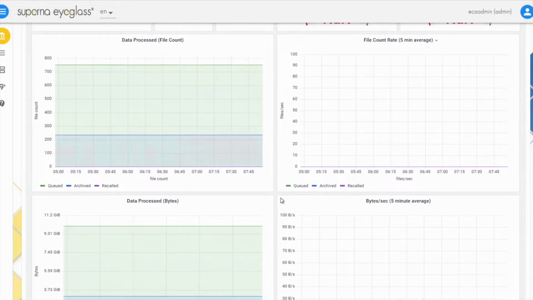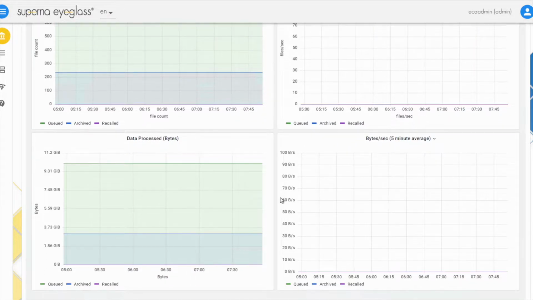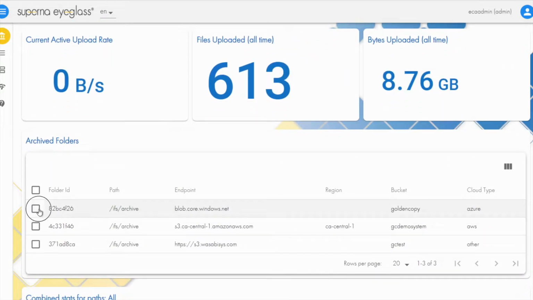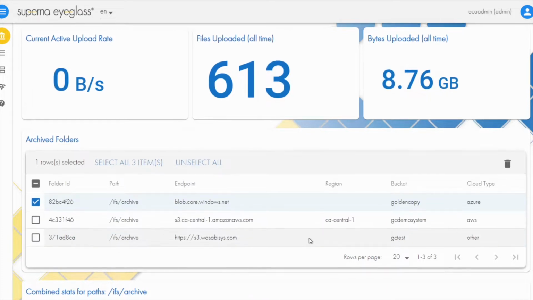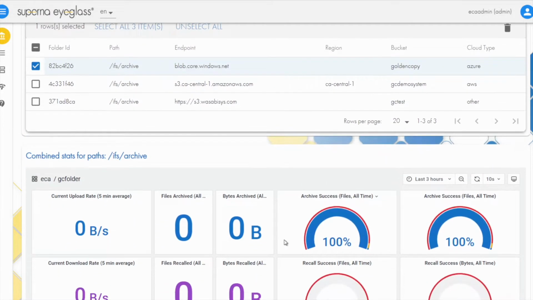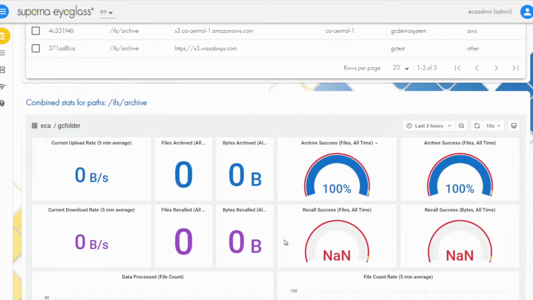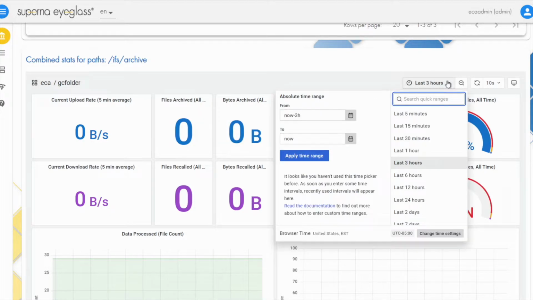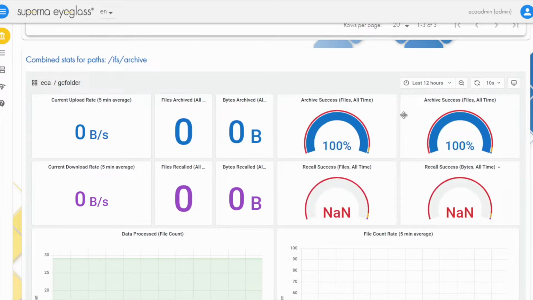There's more stats down below. If we select a folder like this, you'll now see that the stats below are filtered for that one folder. So that's how you would combine all paths or look at just one. And of course you can change the time range that you're looking at like this, the update interval, and so on. If you go to the next tab,